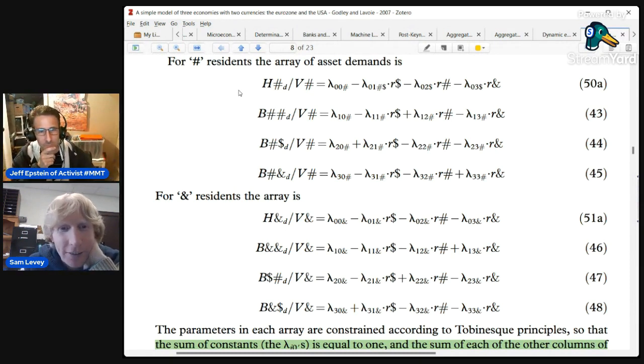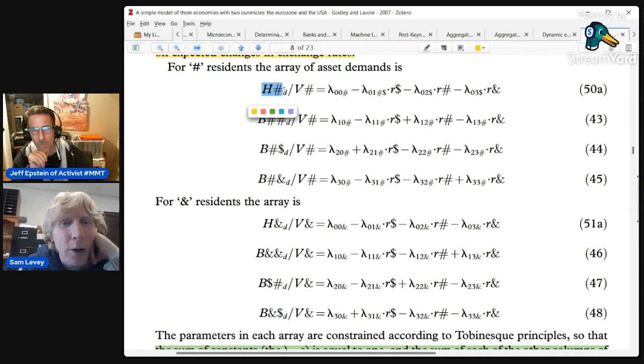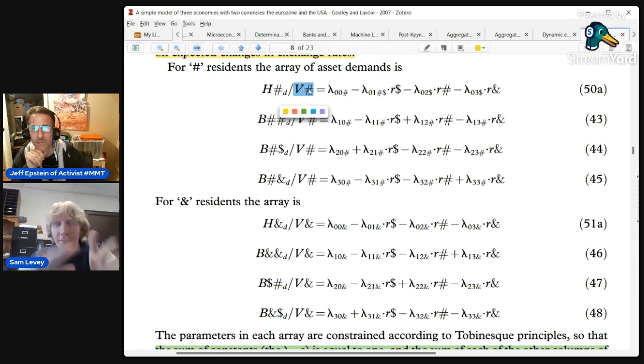I'll just leave it there. Yeah, that was all great. That was all great, Jeff. That's exactly right. I mean, so this first equation, you're right, it's money and it's demand. This is the demand for money, right? Demand for money. Okay. And specifically, the way they've expressed it is this is the ratio of money to wealth. So this is like, of all of your savings, of all of your wealth, how much of it do you want to hold in the form of money?